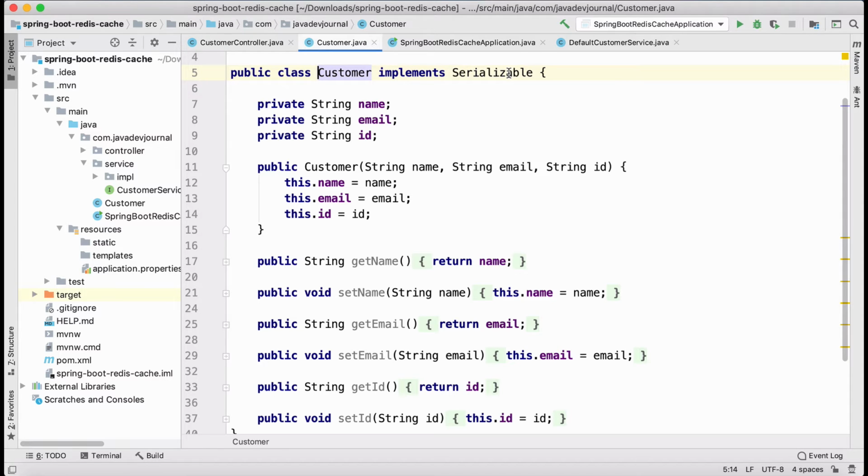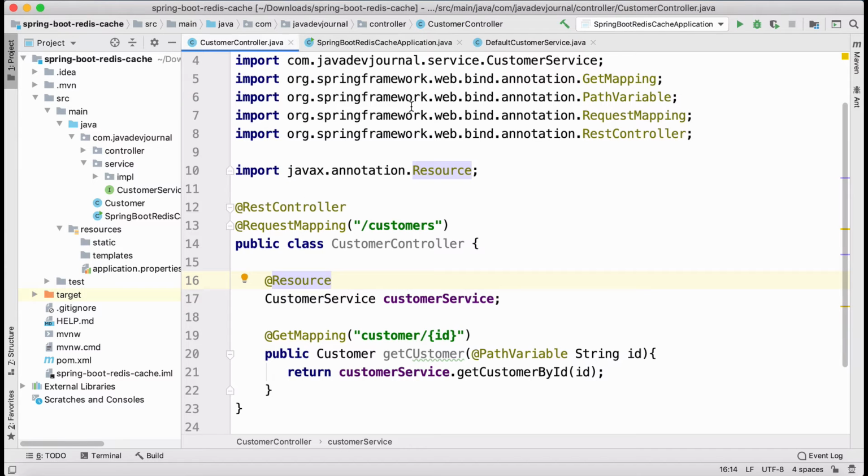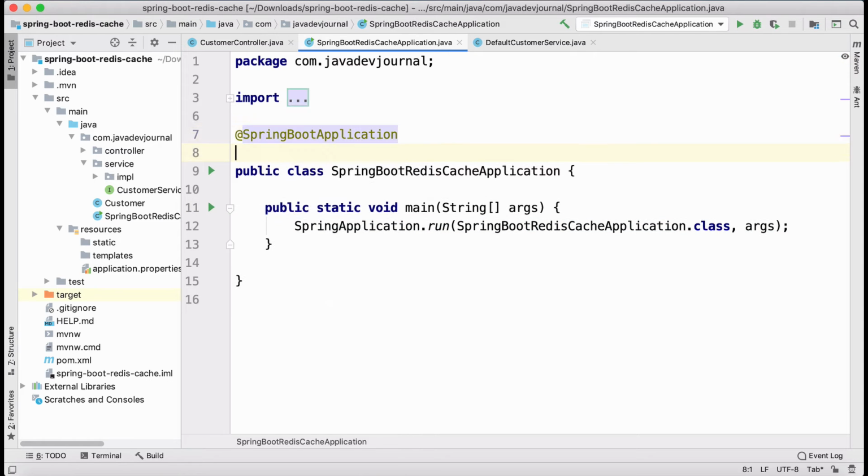My customer object is just a bean. Make sure that you always implement Serializable. Whatever you want to store into your underlying cache has to be serializable. If you don't do that, the system is going to throw an exception during the save operation. So make sure that whatever object you are saving into the underlying cache implements the Serializable interface. All right, that said, let's start enabling the Redis integration with this application.